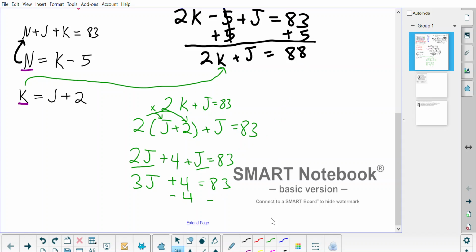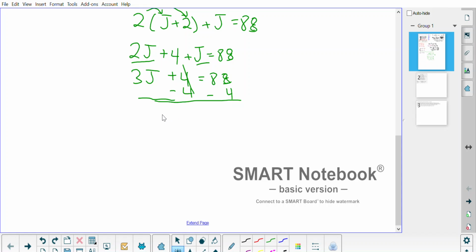Oh, no, it's not equal to 83. It's equal to 88. Yeah, I was wondering what was going on. So we subtract both sides by 4,